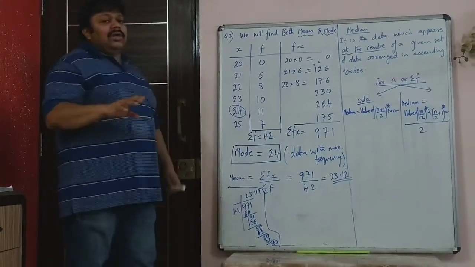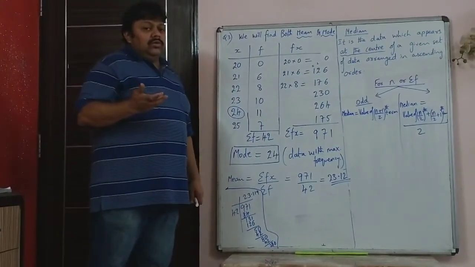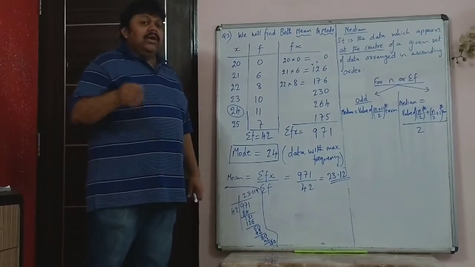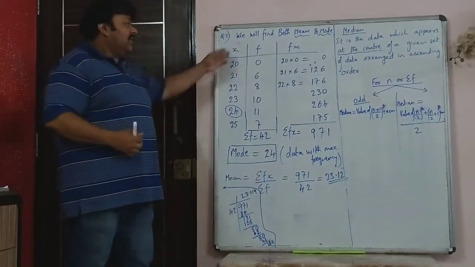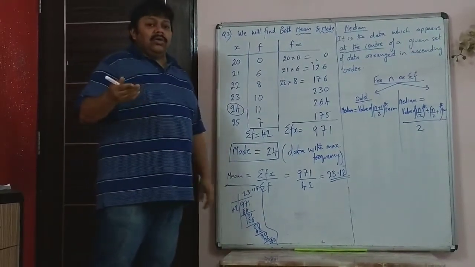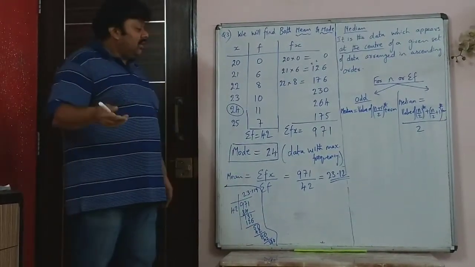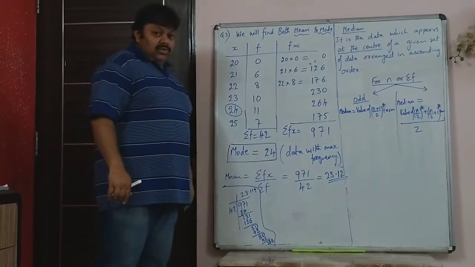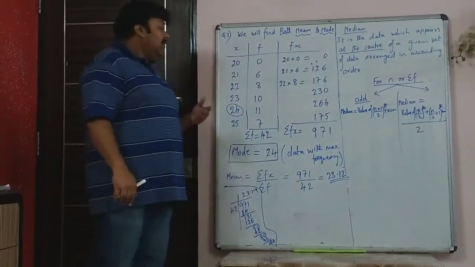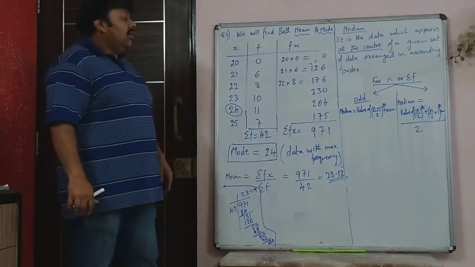Now the fourth sum, they have asked you median also. Mean, mode and median. Generally that is the type of sum that comes in the exam, where you may be given a chart like this and you may be told to find mean, mode and median, all three. So then in that case what to do? How do we find the mean, the mode and the median, all three?